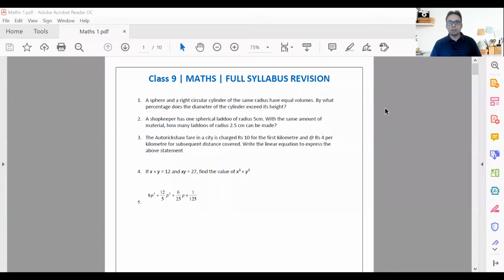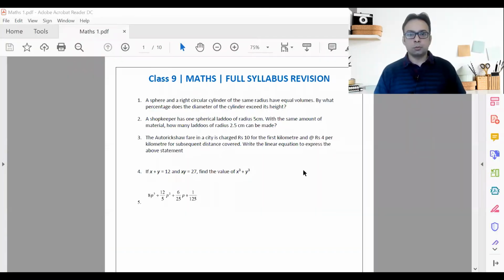Instructions remain the same. When I share the questions now, you will pause the video there. You will take your time, that is 5, 7, 10, 15 minutes depending on your speed. You will solve the questions first and then look at the solutions in the remaining part of the video. So I'm sharing the questions list now. Here you go on the screen. You may pause the video here and then you can start with the solutions.